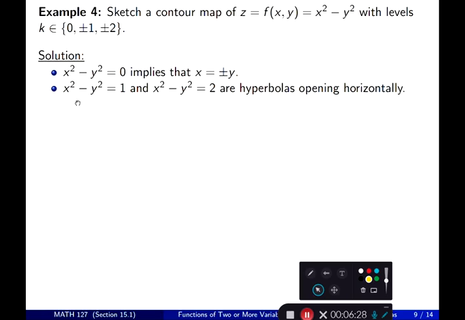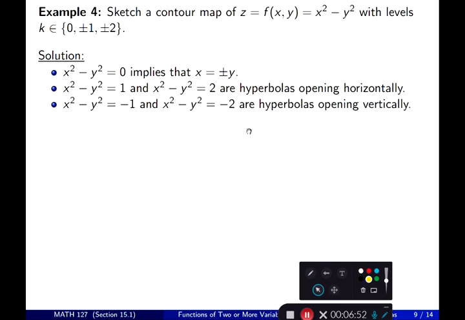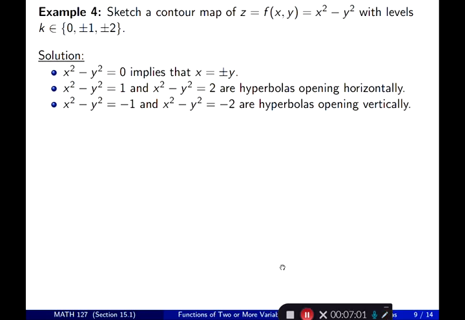Now, second level curve. Let's say x squared minus y squared equal to 1 by setting z equal to 1, or for the third one you can set x squared minus y squared equal to 2. These two are both hyperbolas opening horizontally, and then if you do the other two, if you set z equal to -1, z equal to -2, those are hyperbolas that are opening vertically,